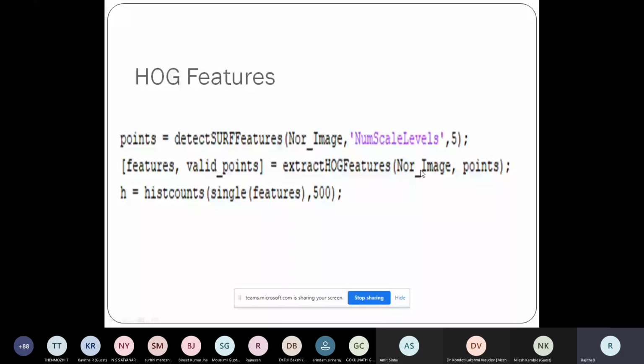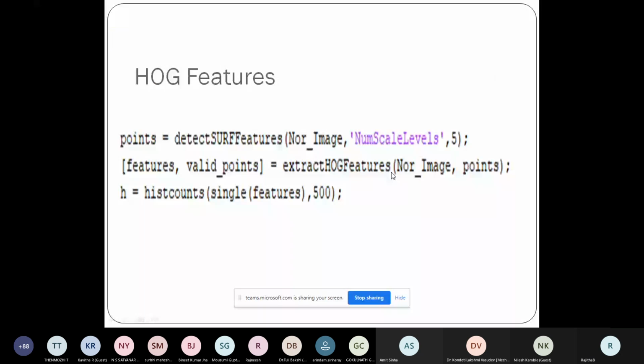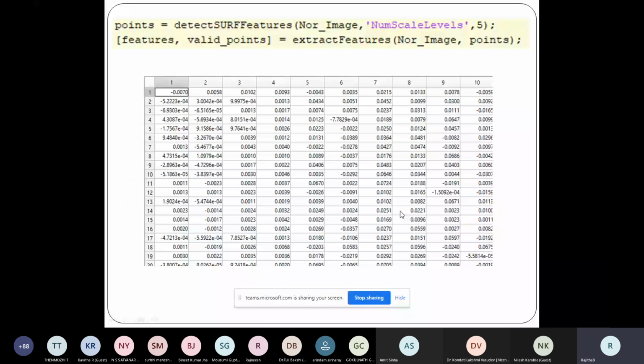The process is going to be the same. If you have understood one particular feature extraction process, the remaining things are simply a replica, because you already have functions provided, you can directly use them and get the features for that. So again, I'll get different matrices similar to this for the feature vector map. Let's say now I have the features.